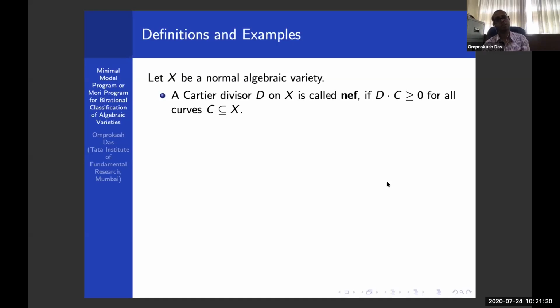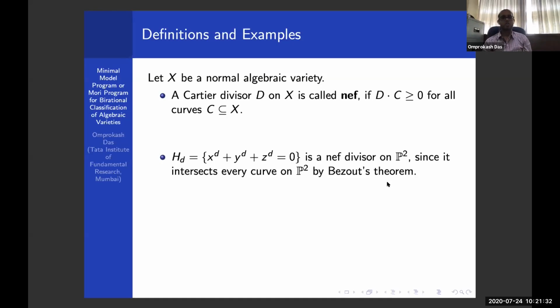So let me go quickly over this definition. Let X be a normal algebraic variety. A Cartier divisor is called nef if the divisor D intersects every curve non-negatively. An example is that if you take P2, a curve of degree d is a nef divisor because